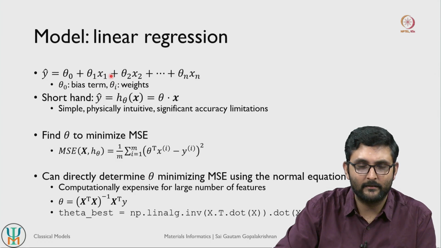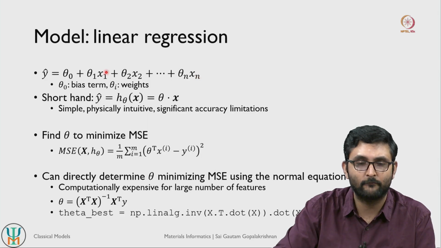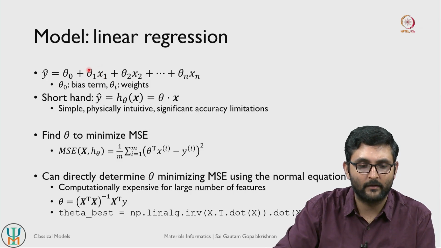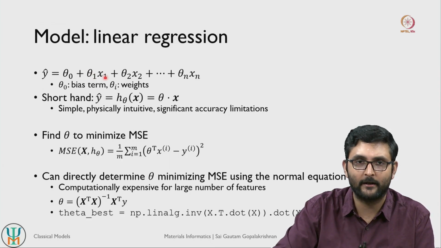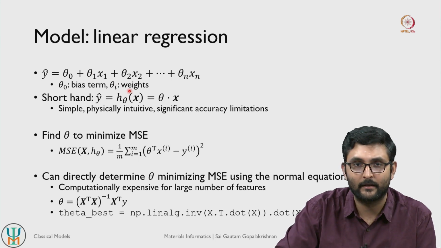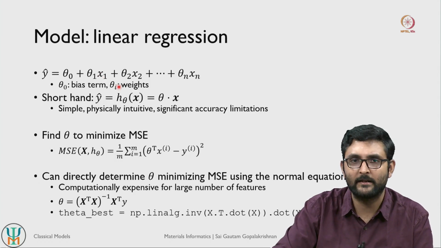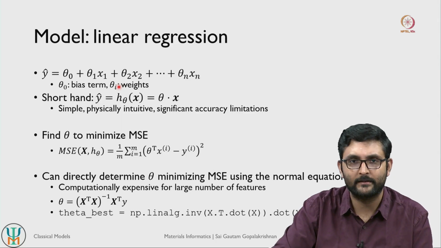And it is linear because the powers associated with the individual features are all 1. So it is x1 to the power 1, x2 to the power 1, and so on. Each feature multiplies with a numerical factor called theta. So x1, for example, multiplies with theta 1, and this theta is what is referred to as weights. Individual features contribute to the overall target variable through their weights. If the weights are higher, the individual feature contributes to a larger extent to the target value. If the weights are lower, it contributes to a lower extent.